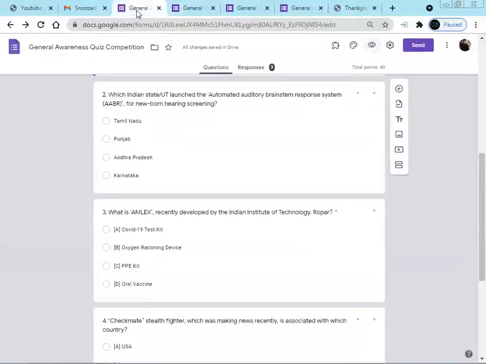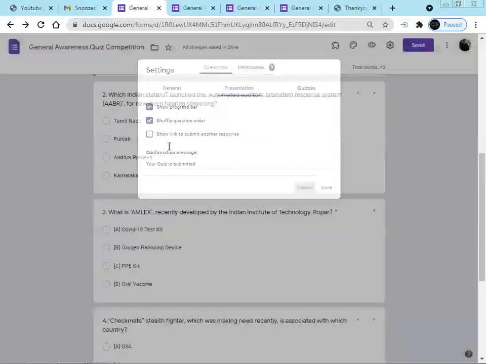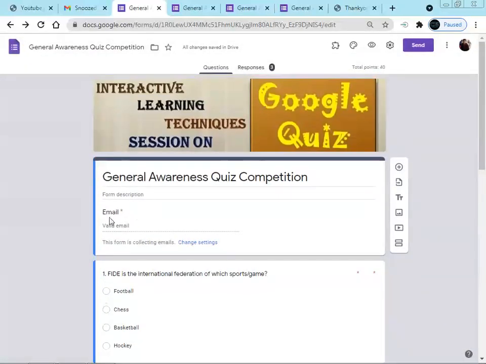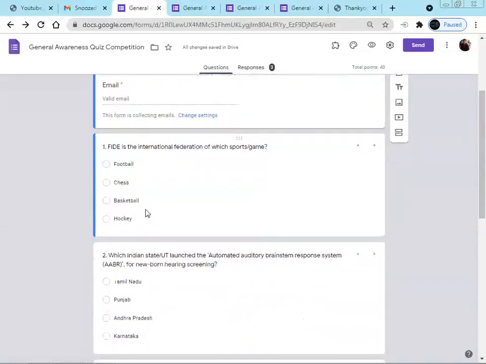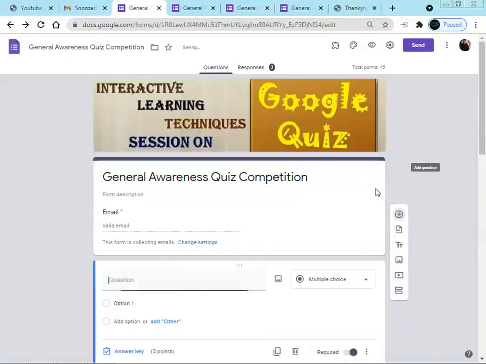But for using this option, we have one restriction: if you want to use shuffle question order, we must have only one field, the email address. If we add the name of the participant, the name of the class, those will also be shuffled with the questions. We will take one example, where we are going to add the name of